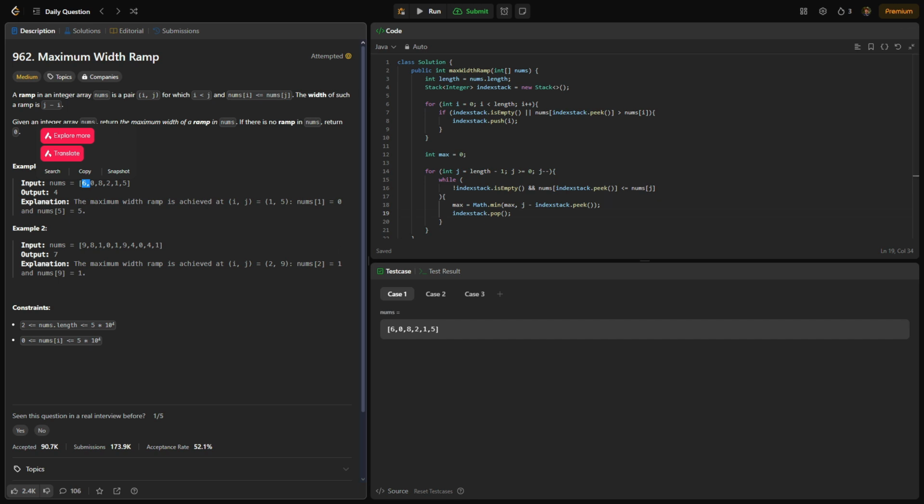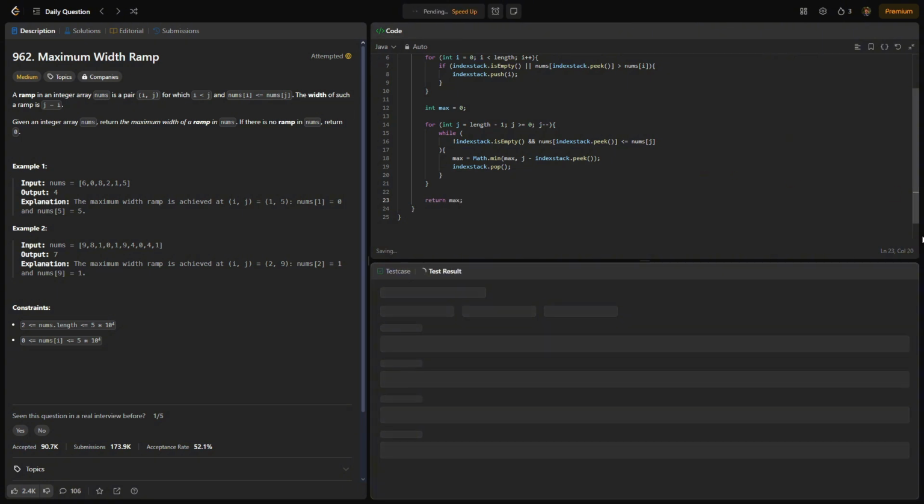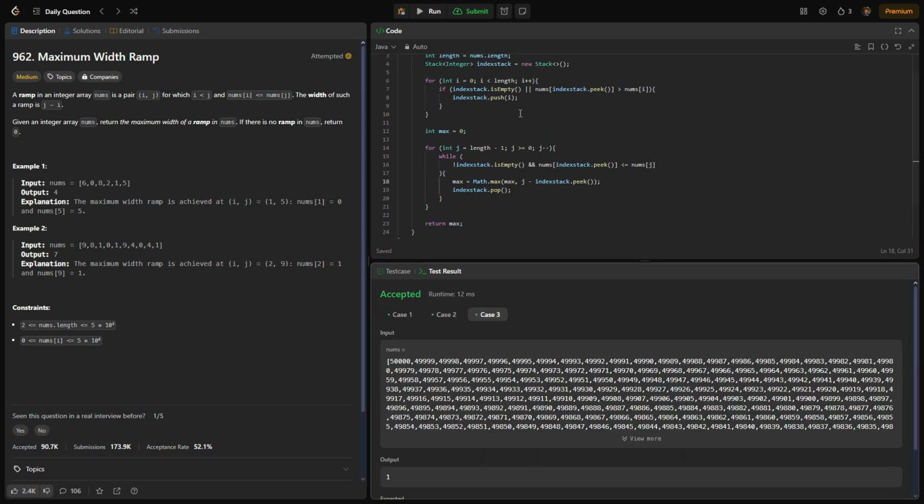So by returning our max value and running this, this passes our test cases, and if we submit it,